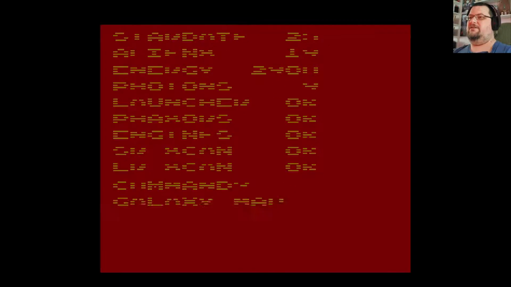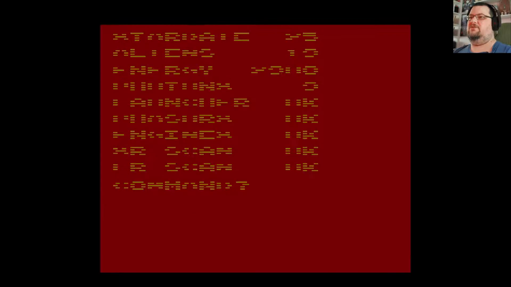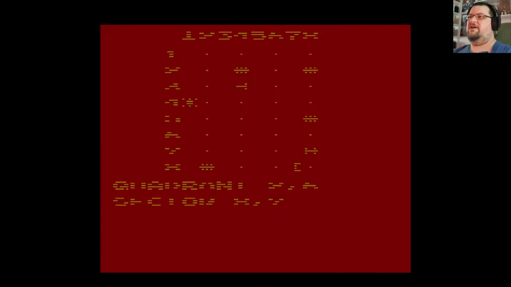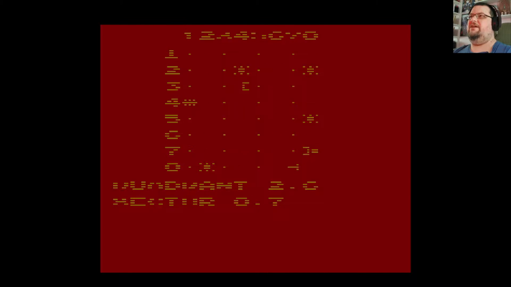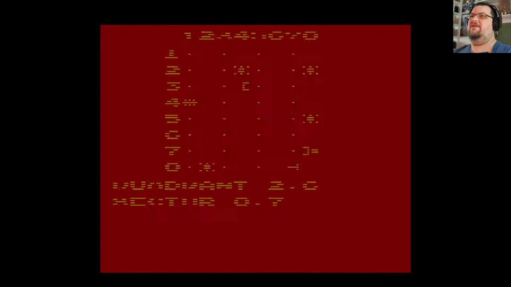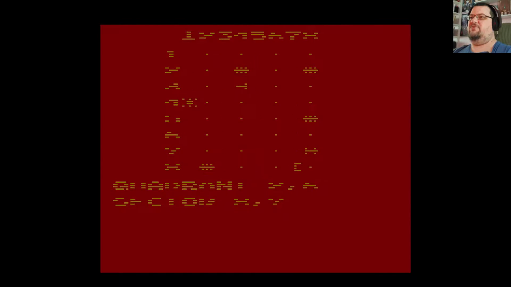So what we need to do here is a short range scan. So we are the Enterprise looking thing that is currently at coordinate 8-7. So we've got an alien right next to us, and there's an alien at 4-3 as well. So the alien that's right next to us we should be able to destroy using